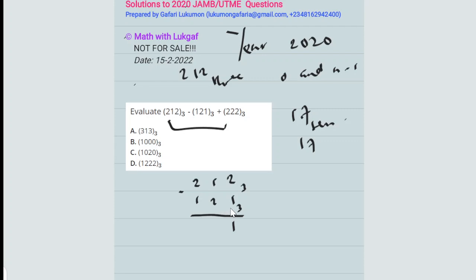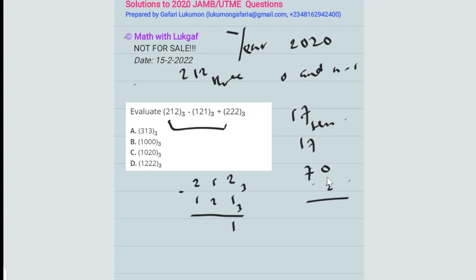But what you also have to note in number base system is that if you are borrowing 1, the one you borrow must not be just 1. Assuming you have something like 70 minus 2, what you are going to say is we borrow 1, and the one you borrowed will take an effect of 10, because we are working in the standard base, which is 10. I hope you understand now.